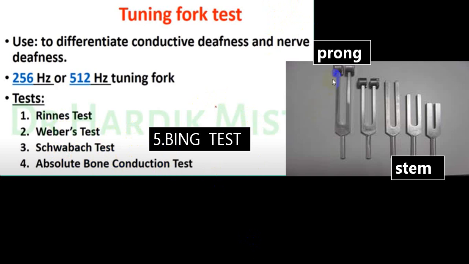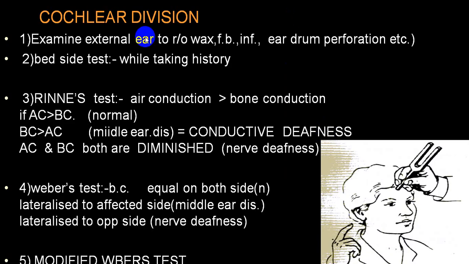As far as the tuning fork is concerned, these are called prongs and this is called the stem, and at the base of these prongs, the frequency is written. The most common frequency utilized for the test is 256. Very rarely we require the 512 frequency. Commonest we utilize 256. You have to explain to the person how you do the test, and before starting the test